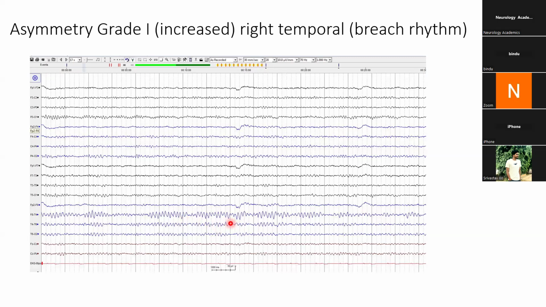So breach rhythm, as she rightly told, is when there is a previous surgery, and the other thing is when there is a trauma, so that the resistance of the other structures between the electrode and the surface of the brain are taken care of to some extent. But don't think that seeing the EEG you have to diagnose that. You'll always have to go back to the report and the request, that the patient had undergone such and such a surgery, and all those things only will give you